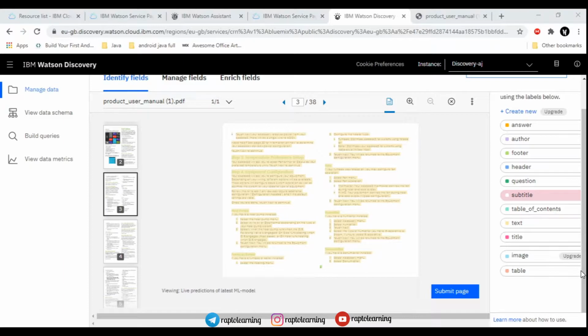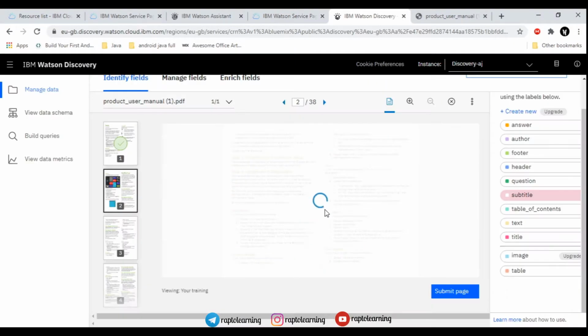You have to do these steps for almost 5 to 6 documents, and you don't need to do these steps for all the documents, as Watson will automatically do it for you. So here you can see the text is already selected, and we only have to select subtitles for this, and in the next documents, Watson also senses that this is the subtitle, and it will automatically select. So as you can see, the page is looking fine, all the items are selected.